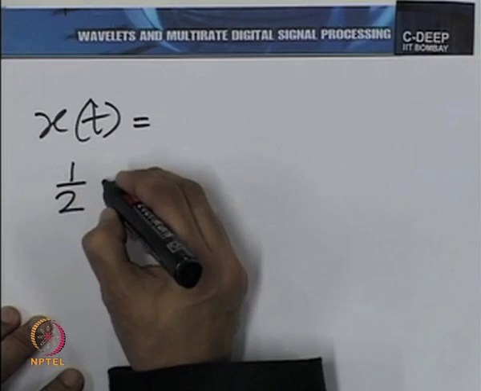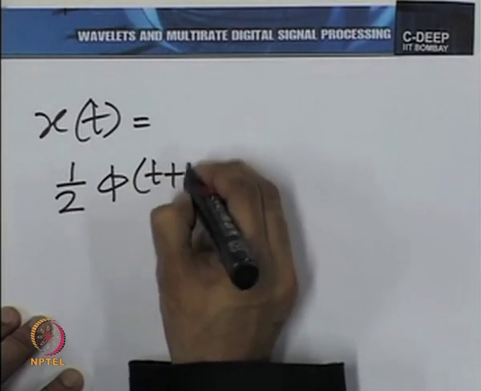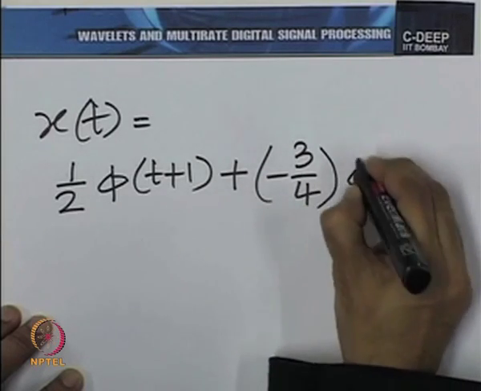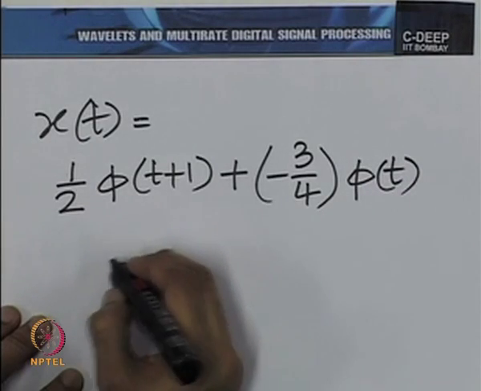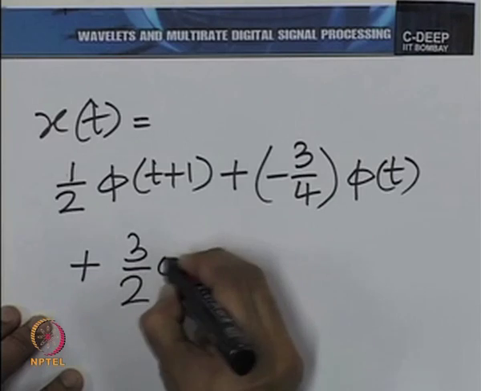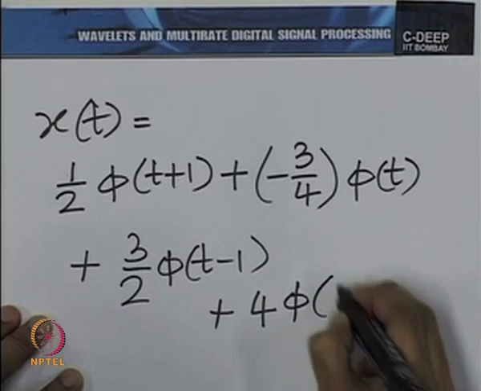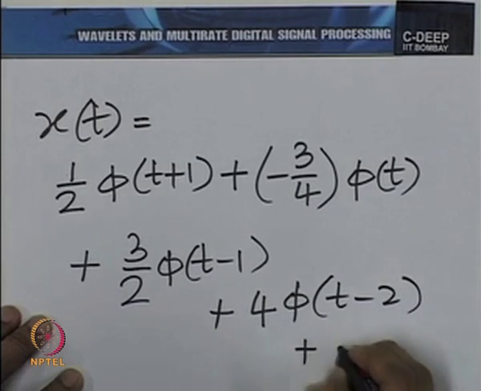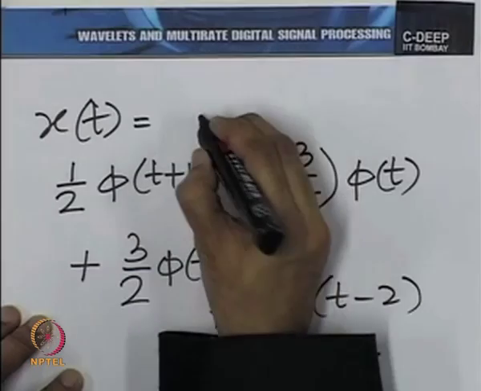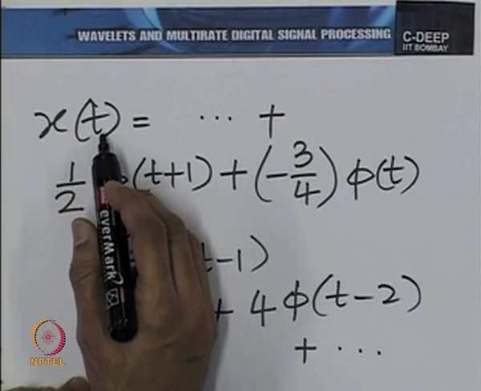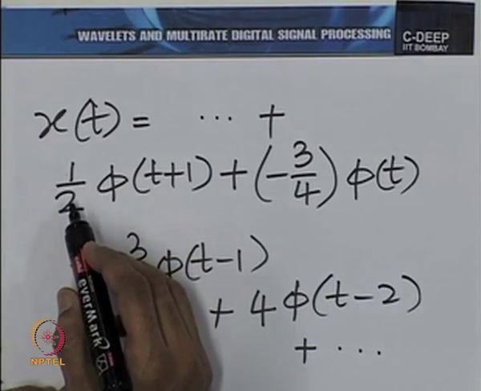as half phi of t plus 1 plus minus 3 by 4 times phi of t plus 3 by 2 times phi of t minus 1 plus 4 phi of t minus 2 and so on. So, you could continue this beyond 3 and you could continue it before minus 1. And what we said in the previous lecture was that equivalent to this continuous function is the sequence constructed by